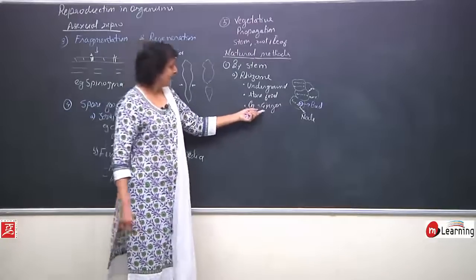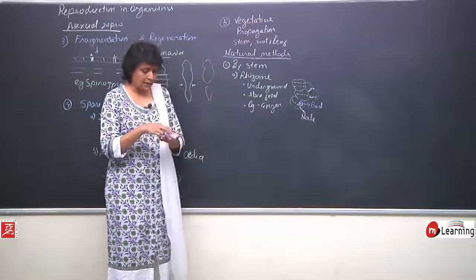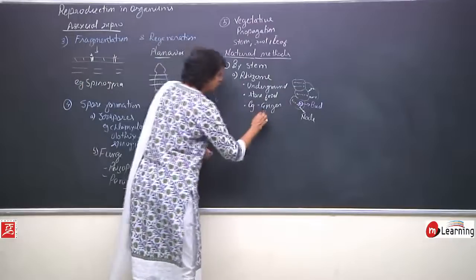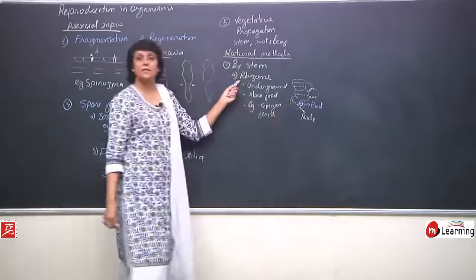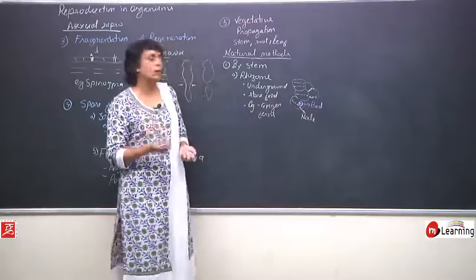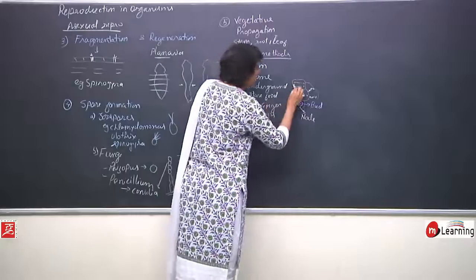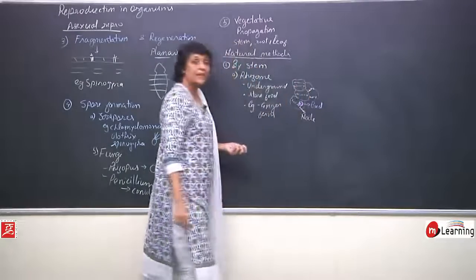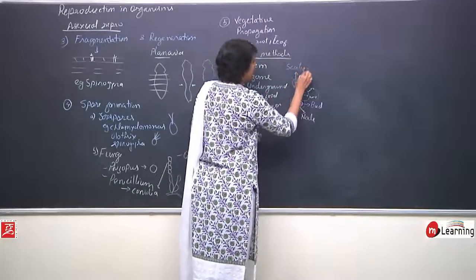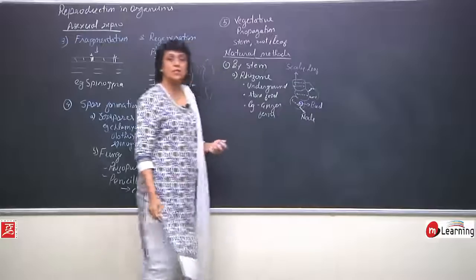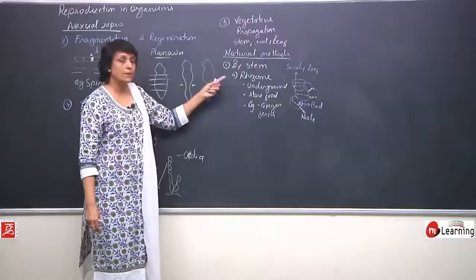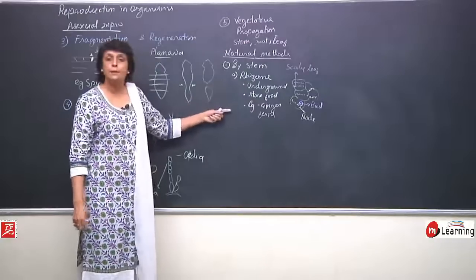The example is ginger in case of rhizome. Turmeric is also an example of this, plus ferns. In ferns also the stem is in the form of rhizome. And sometimes when we see a younger rhizome which is just taken out from the ground, here we also see a thin kind of papery structure that is actually a scaly leaf. So, if you see a papery structure, those structures are scaly leaves. So, here rhizome, which is a modified underground stem meant for storage of food, is helping in